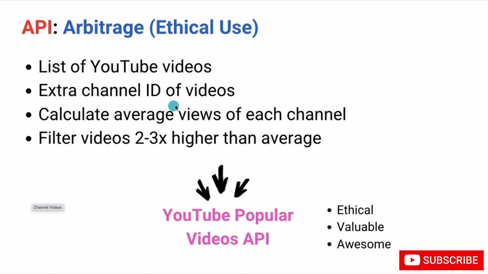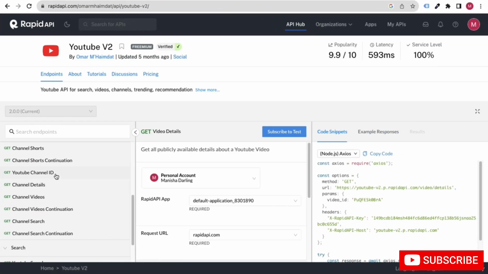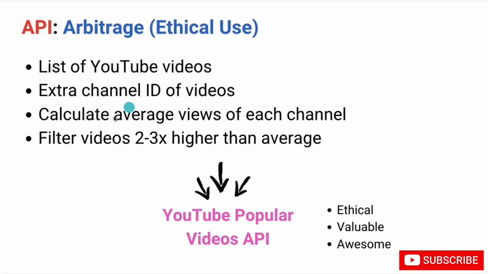We will extract the channel using this API key. Then we are also going to calculate the average views of each channel. Then we will filter for videos with 2x or 3x higher than the average views on that particular channel. In that way we will get that particular video, that means a very popular video from that channel,